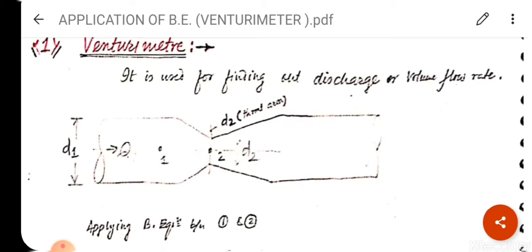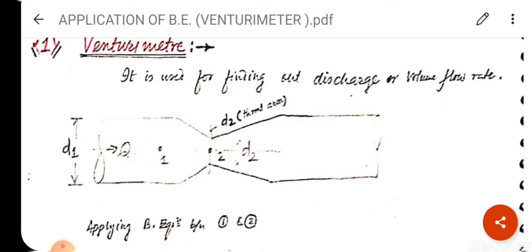there is a converging section, which means that I have attached this device in the pipeline. So here, from pipe diameter to throat diameter, this is the converging section, and there is a throat. The second point, point 2, is the throat point, or you can say throat area or throat diameter, which is denoted by D2. And the third one, which is equal to the pipe diameter, is the divergent section of the Venturi meter.